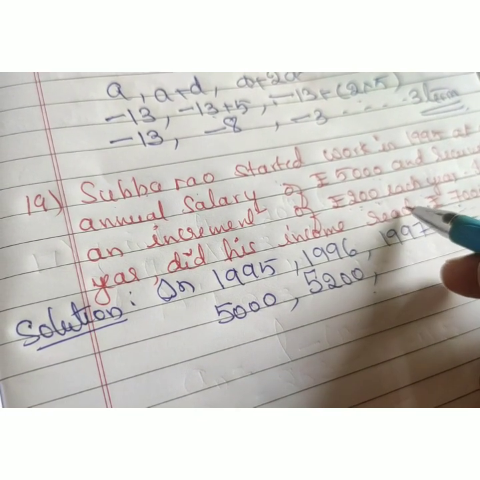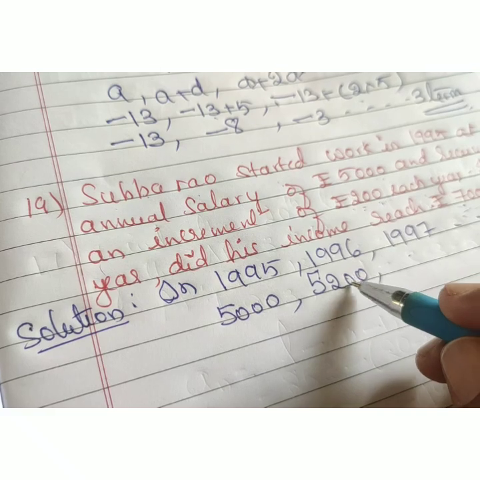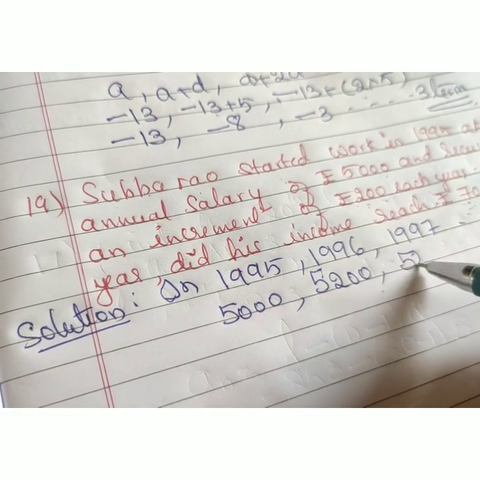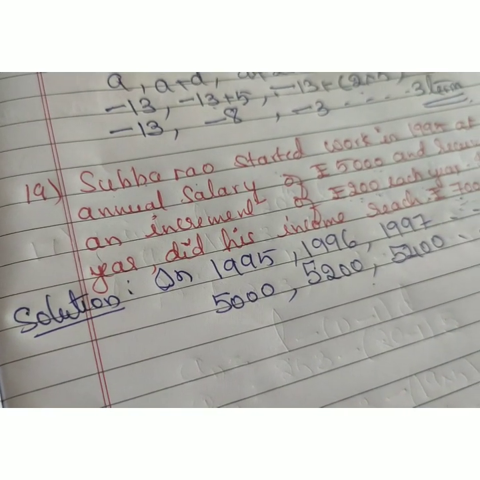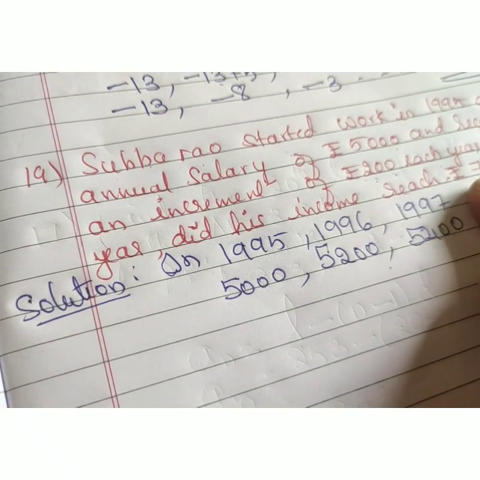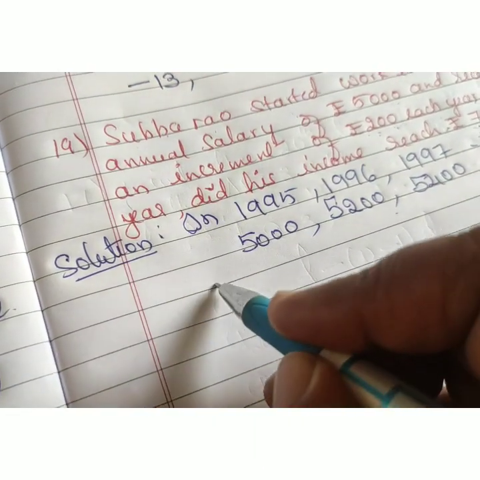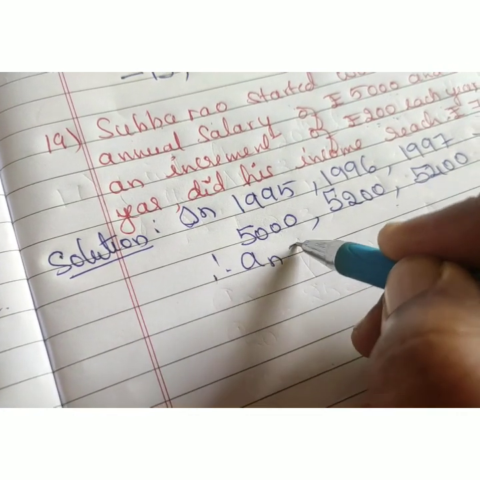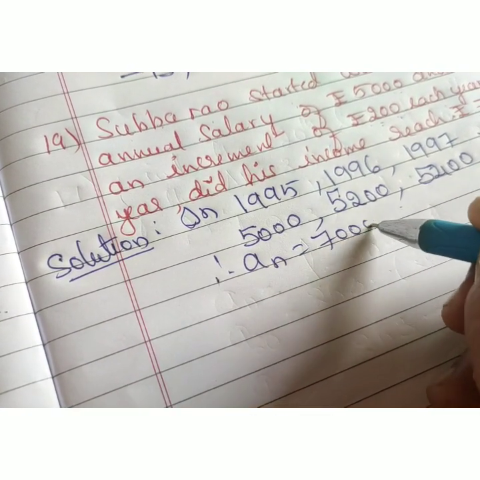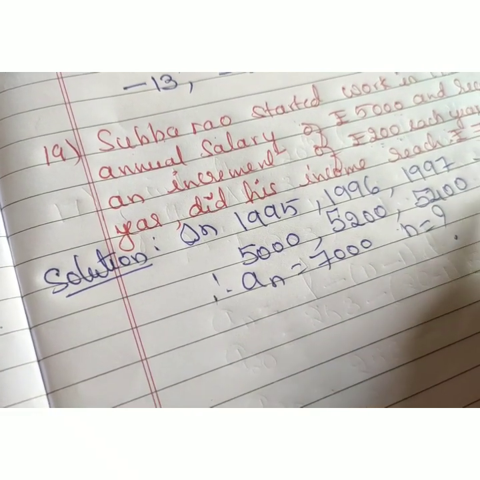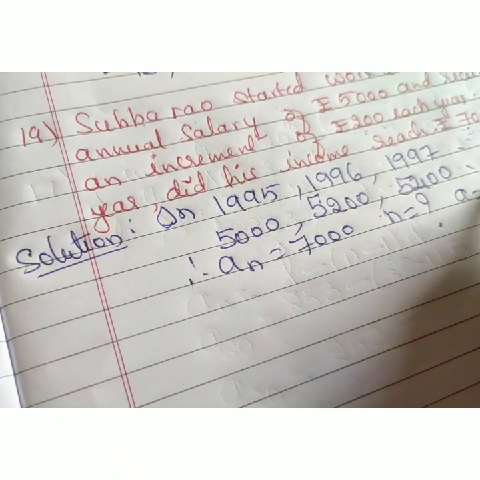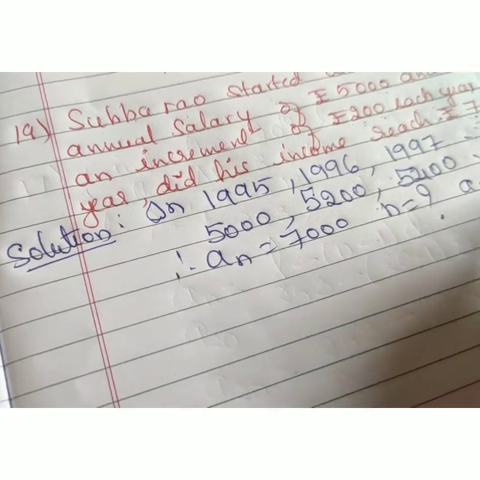In the third year it will be one more 200, so 5,400. In this way he is going to get his increment. We have to calculate when it will become 7,000. Therefore AN is 7,000. What we need to calculate is N, because we have A as 5,000 and D is